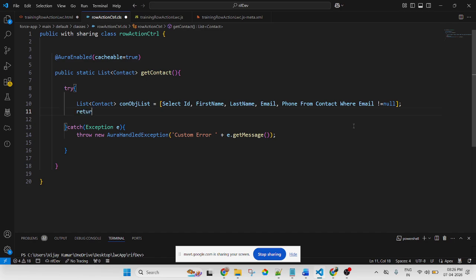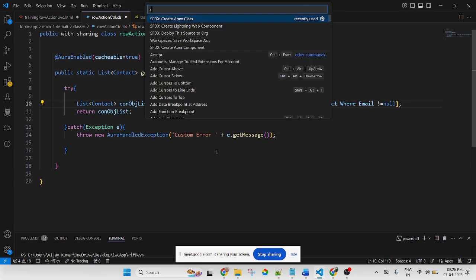Then return this list. So here I am returning a list of contacts with four fields: Id, first name, last name, email, phone. The condition is email not null.